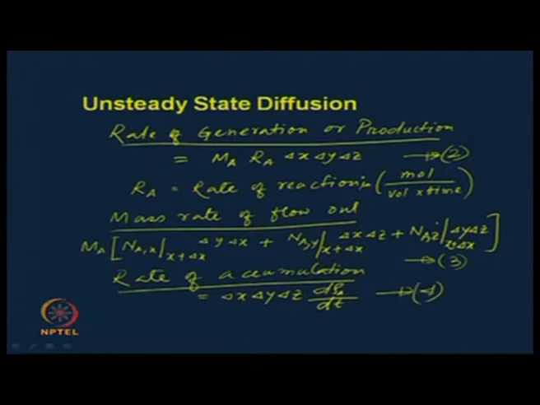If we substitute these 4 equations in the original balance equation, which was in plus generation is equal to out plus accumulation,